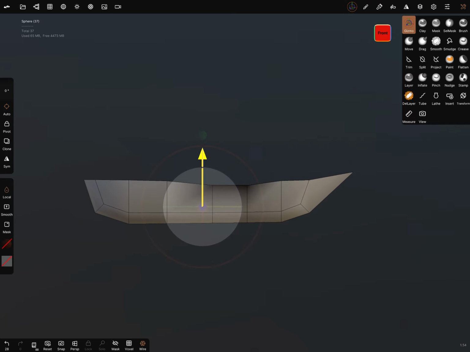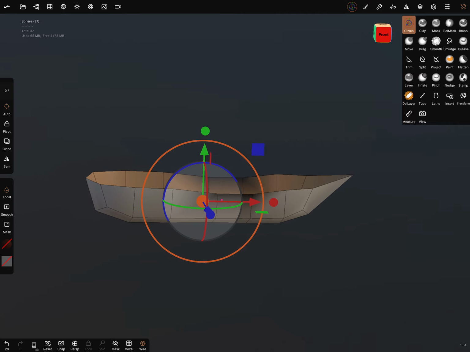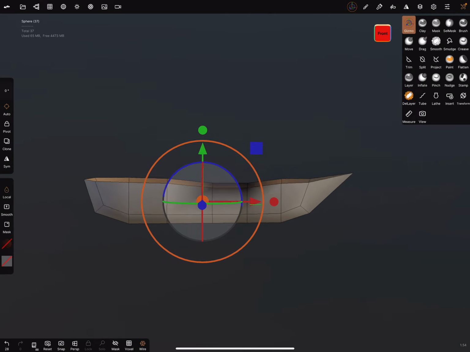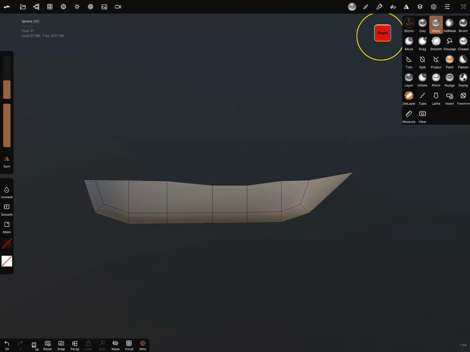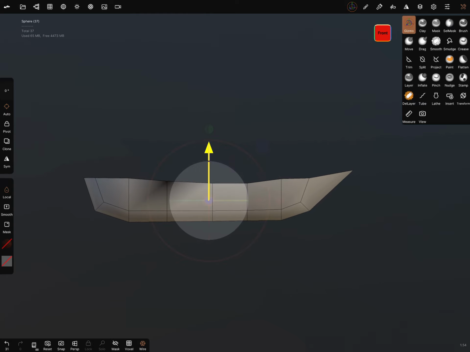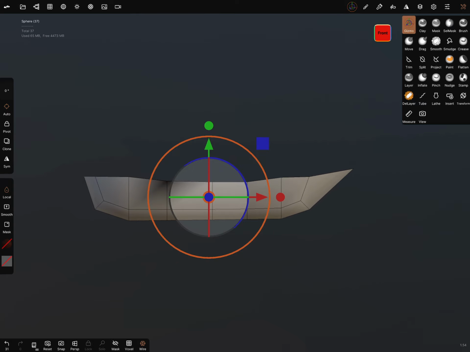You can see it, you can adjust it a little bit, and the more divisions you made, I hope you understand. Okay, clear the mask, and we can bring this point also a little bit in position.